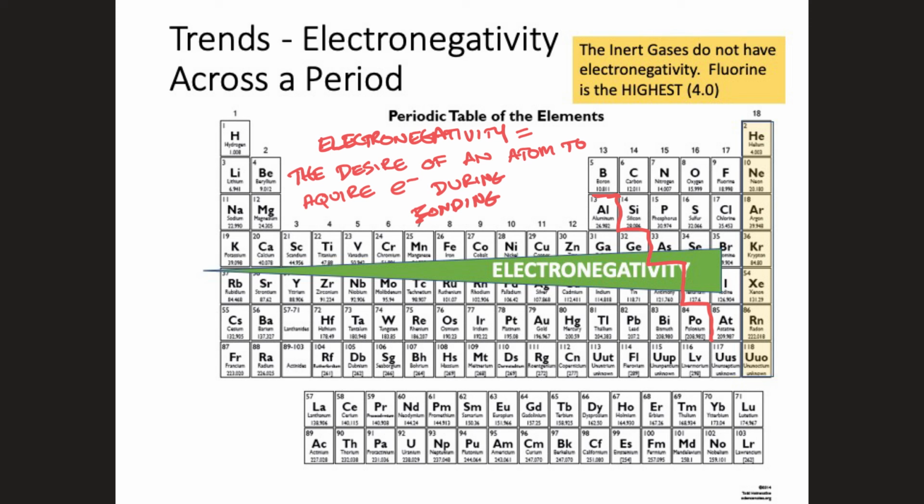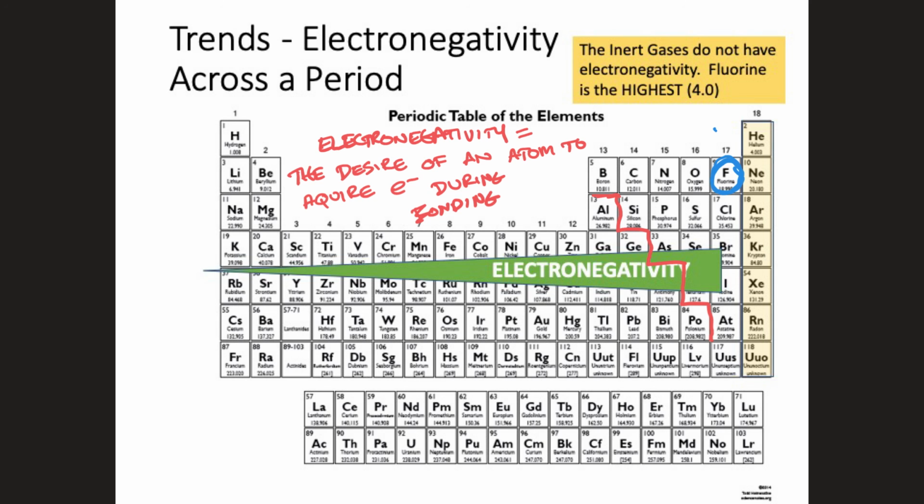So if you are a metal, you do not want electrons during bonding. You want to give them away, so your electronegativity value is low. If you are a nonmetal, you do want electrons during bonding. However, not all nonmetals want electrons. Which ones don't? The inert gases. They already have a full shell, so they don't have an electronegativity value, right? So the highest one is fluorine. So fluorine has the highest electronegativity value,